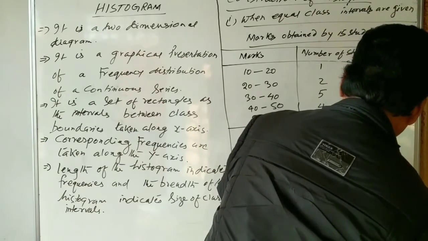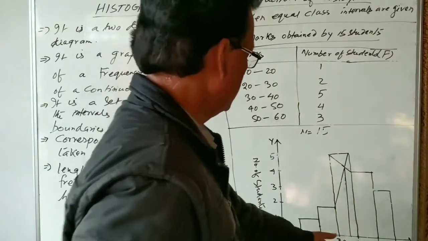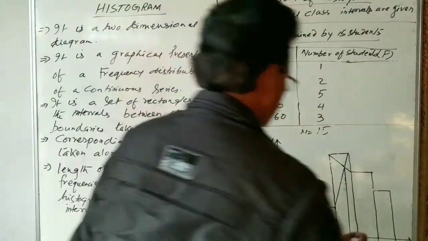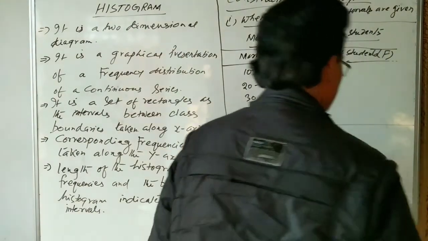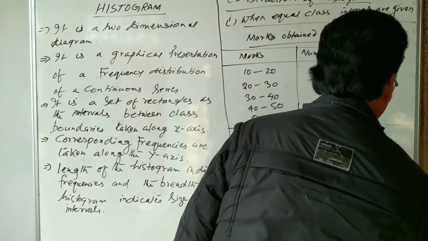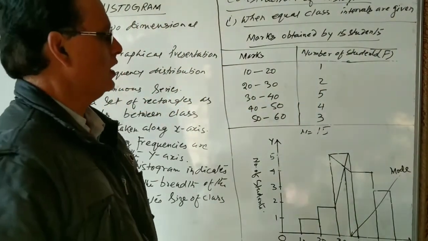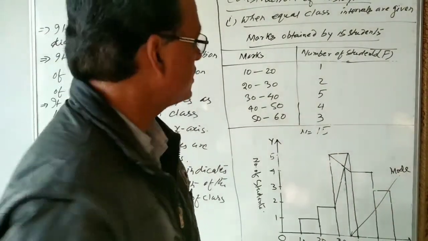We can drop this line, and we measure this. Let us see, it may be 36 or 37. We don't know exactly what the exact value will be. This can be measured on a graph paper, and this value will be the mode. So this is a graphical presentation of mode. Mode can be located with the help of a histogram.